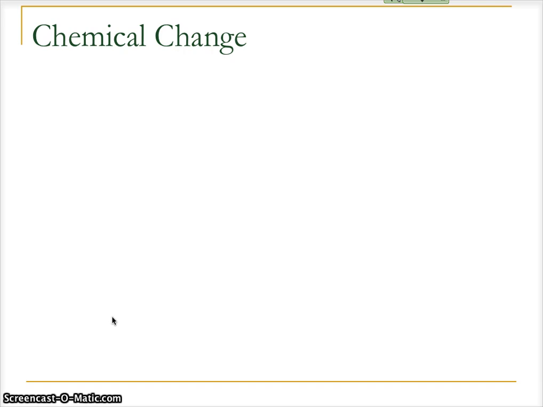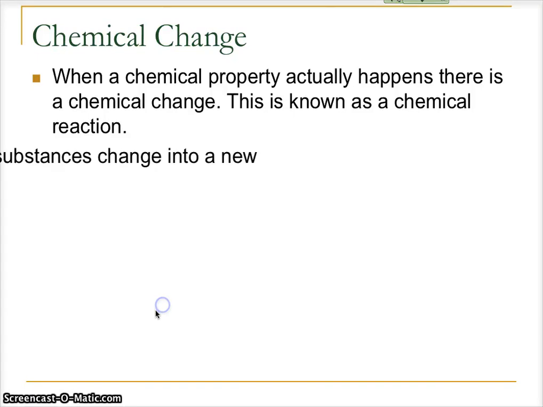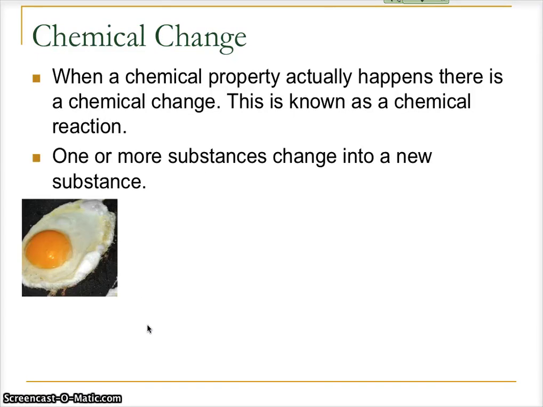And so you take that nice new shiny iron nail and you put it outside in a wet, damp environment with oxygen, and it's going to begin to oxidize, a slow process of oxidation. And so that would be the chemical change. So it's just when a property actually happens, we have a chemical change. These chemical changes are known as chemical reactions, which is what chemistry is all about, all these chemical reactions that we're going to learn about and have fun understanding how those things work. So let's look, again, one substance is changed to a new substance. Let's look at some examples of chemical changes.